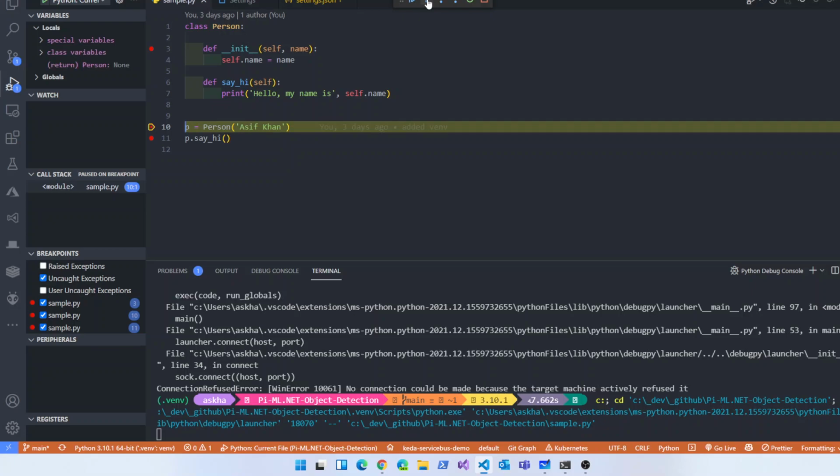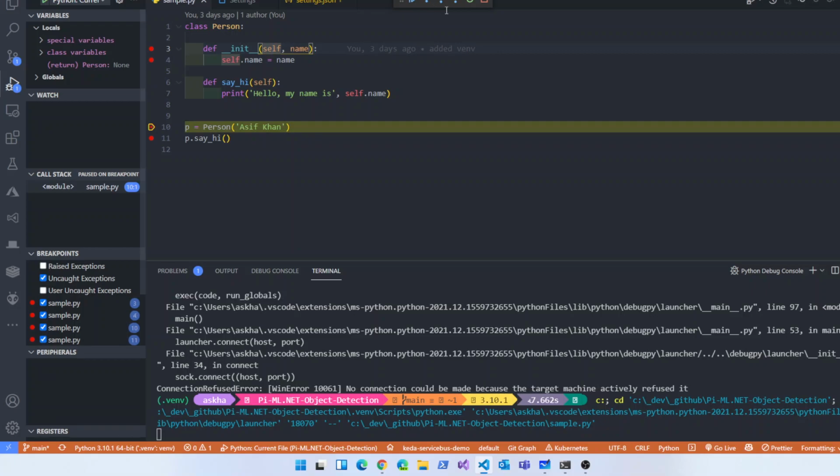and this is where I am instantiating my person class. I'm creating an object of it, and that's my object, and I'm passing the name. Now, if you see over here, there is a self, which is basically referencing this class. So you don't need to pass that. It is passed internally when the method instantiation happens. But what you need to pass is a name. So I'm passing Asif, and that should go